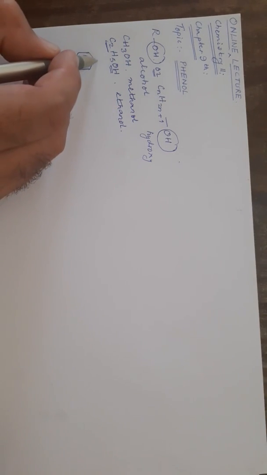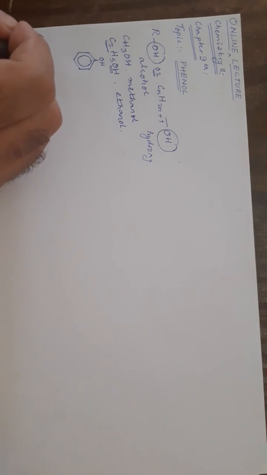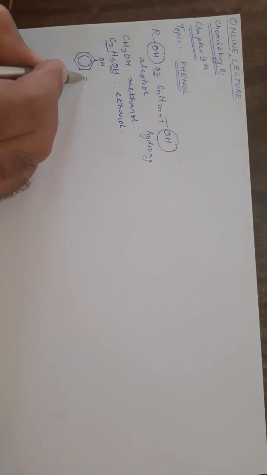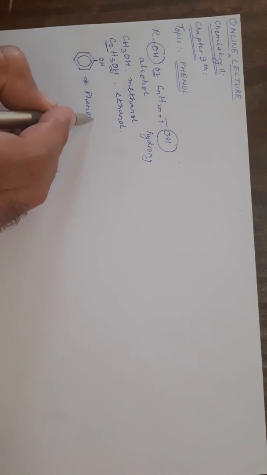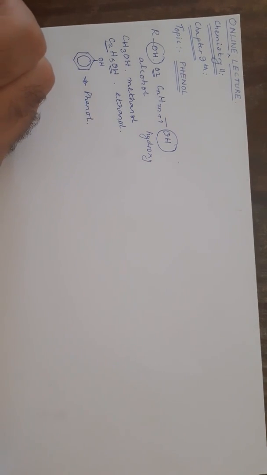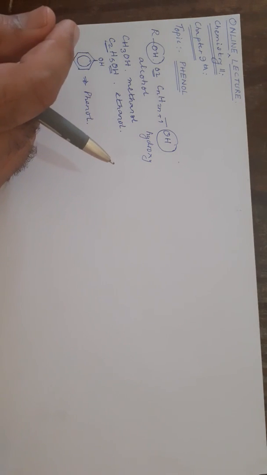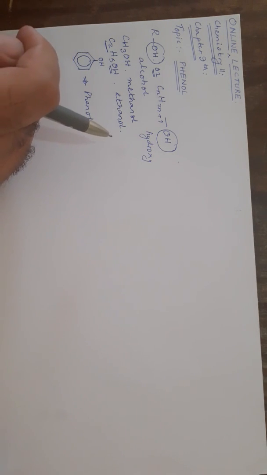Now, if the benzene is substituted with a hydroxy group, this is called phenol. So I hope you understand the phenol, by definition, is a benzene ring which is mono substituted with a hydroxy